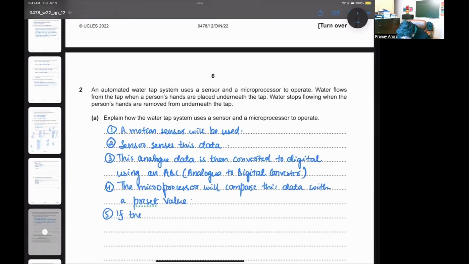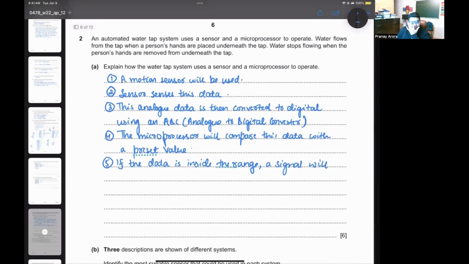If the data is inside the range, a signal will be sent to the actuator